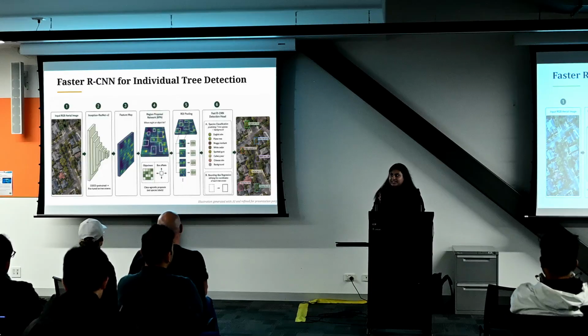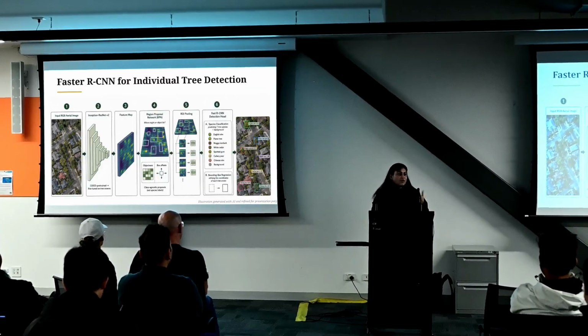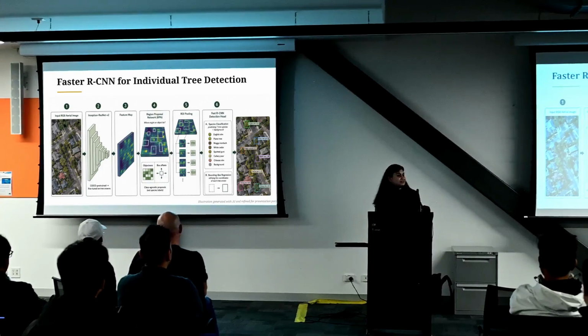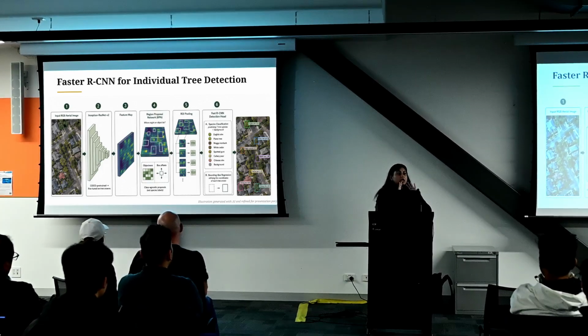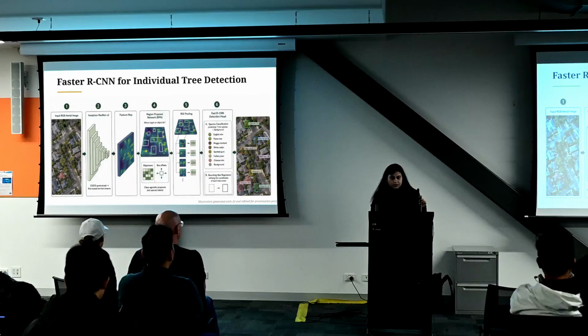Now, the crazy part was that Bendigo has over 1,000 tree species. When I saw the species, I was flabbergasted. What's happening? Why so many species? So I took the most distributed, most prominent 7 species in Bendigo, and my Faster R-CNN model predicted the tree crowns. As you can see, the bounding boxes. For each crown, it predicted the species, and it also gave me the accuracy of the detection for each of the species.